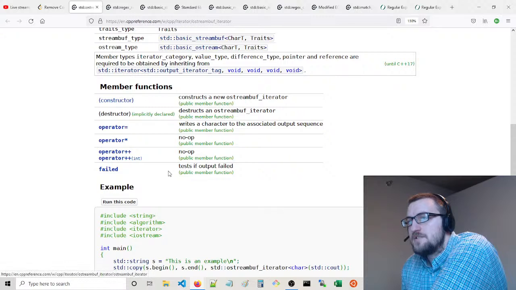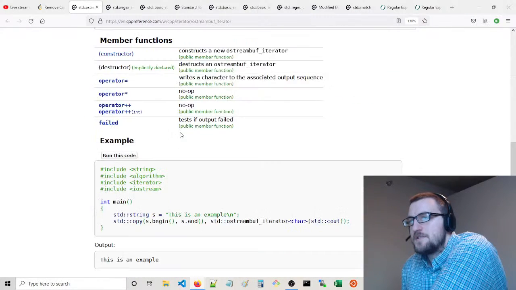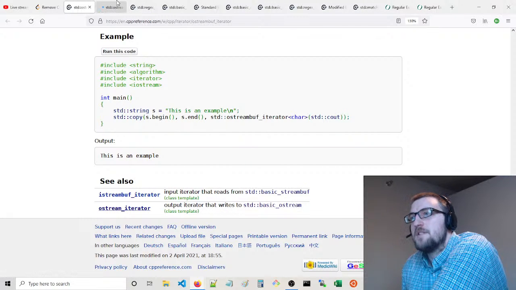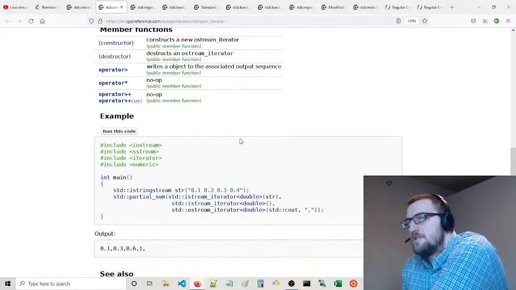Yeah, interesting. I guess you just, okay. You can create one of these iterators using a string stream. I'm fairly certain. It's interesting. I don't really want a buffer, actually. I want just an OStream iterator. Yeah, so I guess I just create a standard OStream iterator of a string stream. Yeah, just like that.